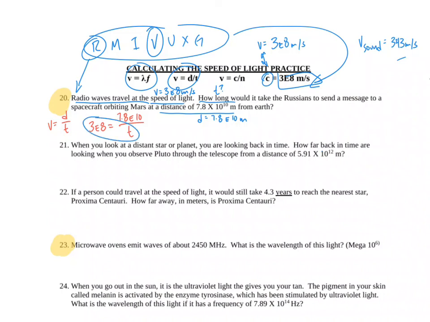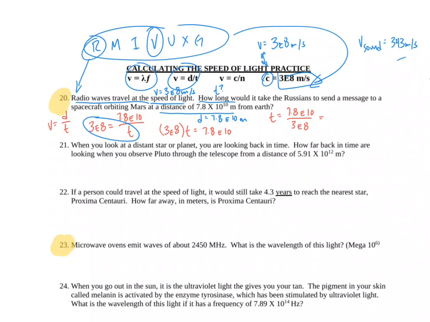So 3 times 10 to the 8th times t is 3e8 t, and that leaves 7.8 e10 all by itself. So to get t by itself, you're going to divide both sides by 3e8. So you end up with t equals 7.8 e10 divided by 3e8,